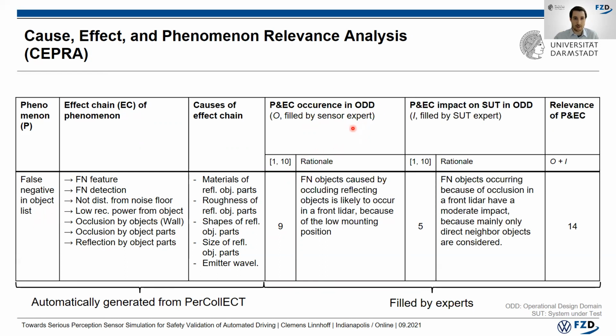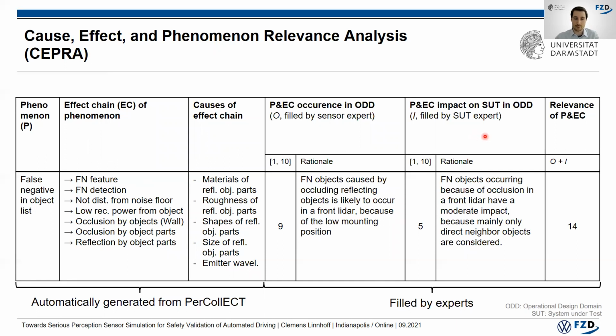operational design domain. And the expert will give a score between 1 and 10, and this is the exact same scoring scale we have in the FMEA for occurrence. The expert will also give a rationale, a reason for his or her evaluation here. Then we will consult a second expert. This is not a sensor expert, but an expert on the specific system under test that will be tested in